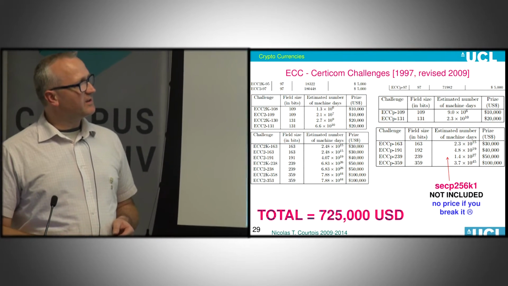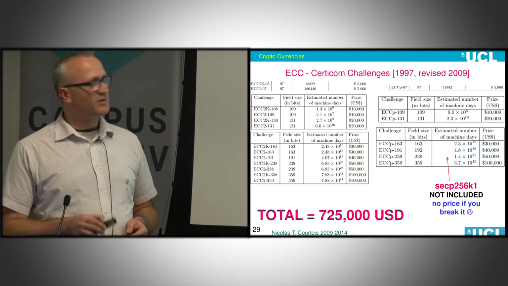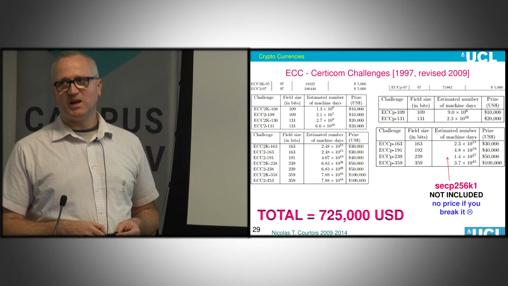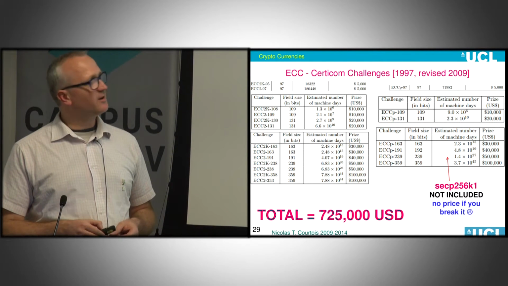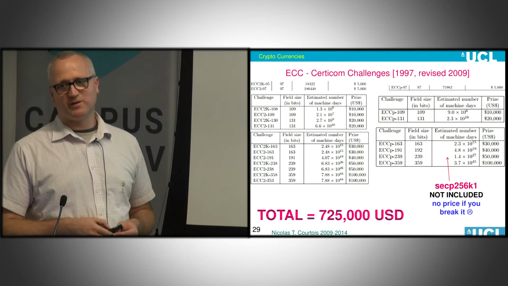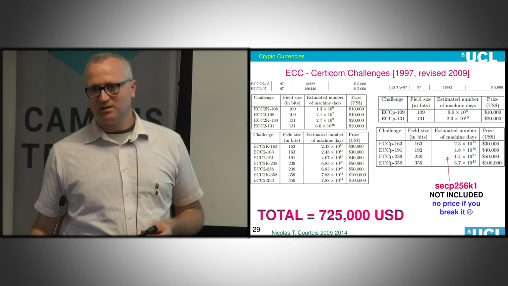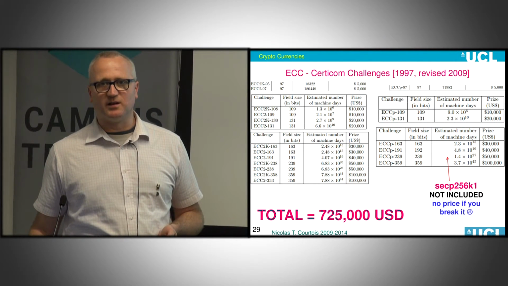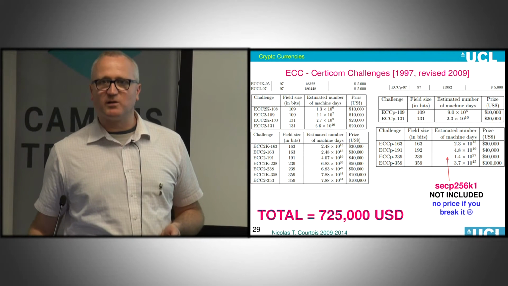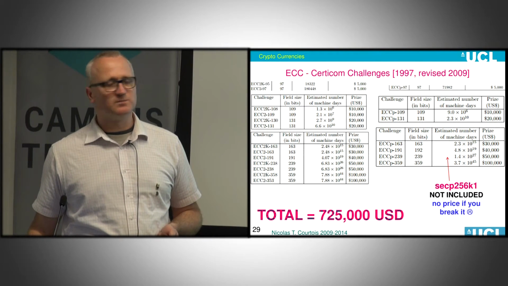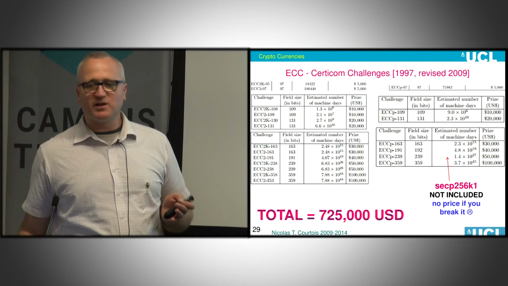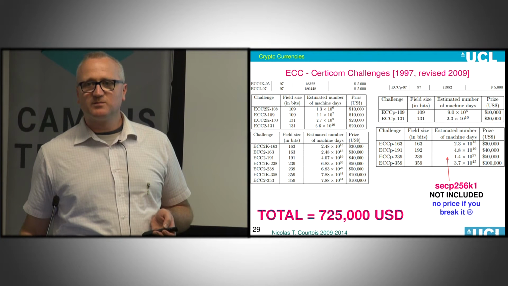The problem here is that the elliptic curve of Bitcoin is not included in these challenges. It's a dodgy form of cryptography. It's not the one which is approved officially by professionals. Where does the money come from? From a Canadian company which is, you know, well funded and in very good terms with the NSA. Yeah. Very good terms. Okay. So yes, you can explain to a banker that your cryptography is secure. Okay. There is a way.